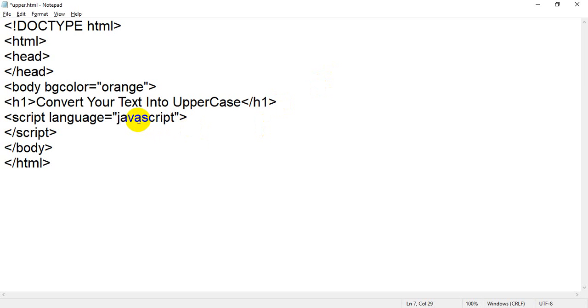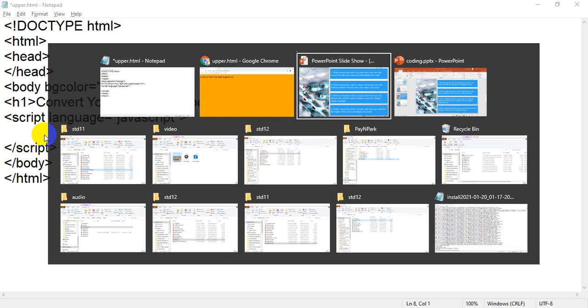Again, students, please note JavaScript is case sensitive, so you have to write JavaScript like that. There is no space between Java and script. Java is a different language, JavaScript is a different language, so there is no space between them. JavaScript is a single word. Now between these two tags, the opening script and closing script, whatever you write will be considered as JavaScript code.